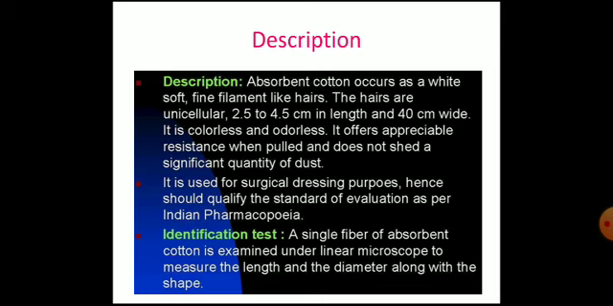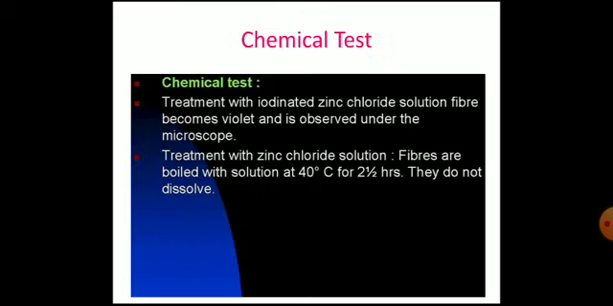The identification test for the absorbent cotton: a single fiber of absorbent cotton is examined under a microscope to measure the length and diameter along with the shape of the absorbent cotton fiber. A chemical test is also provided, that means on treatment with iodinated zinc chloride solution the fiber becomes violet when observed under the microscope. Treatment with the zinc chloride solution